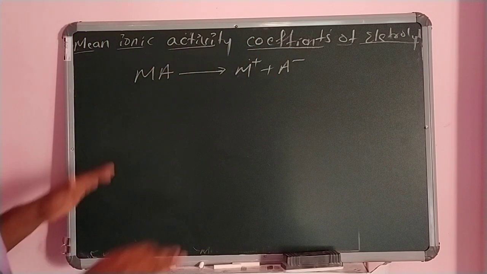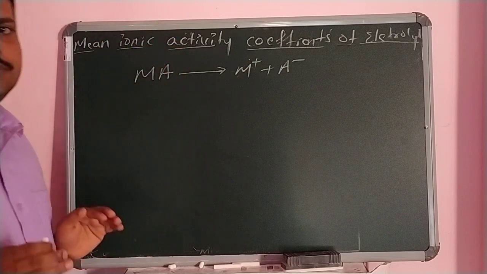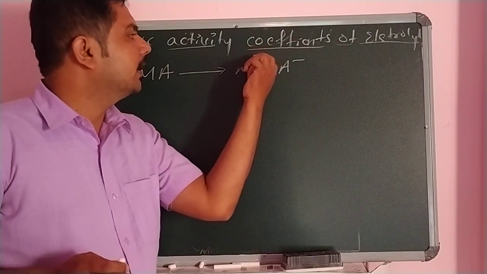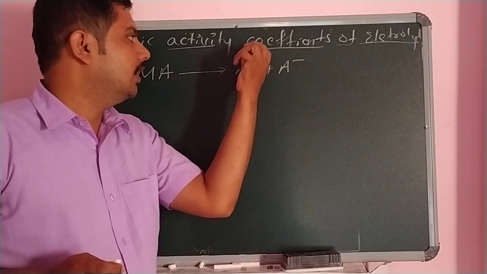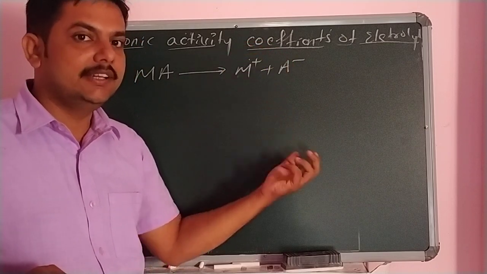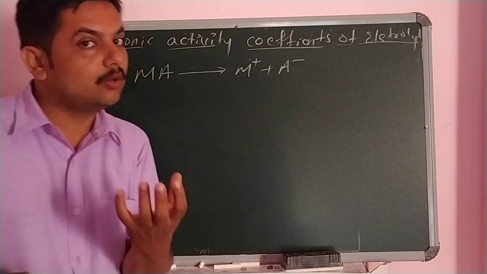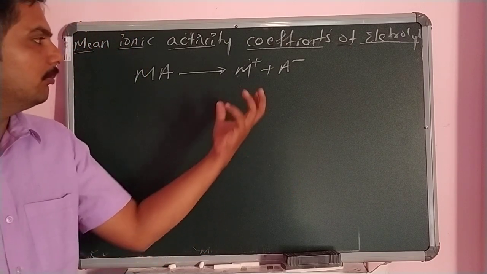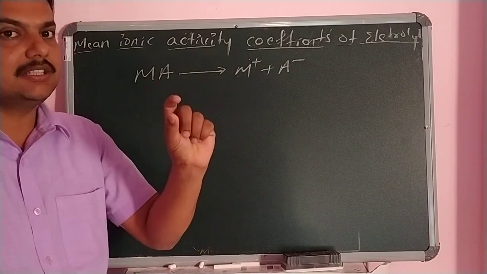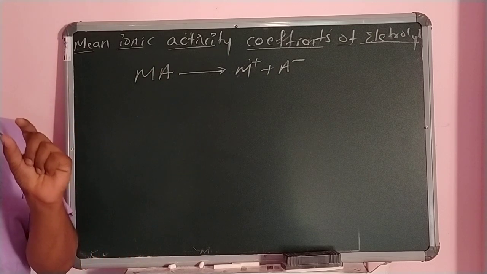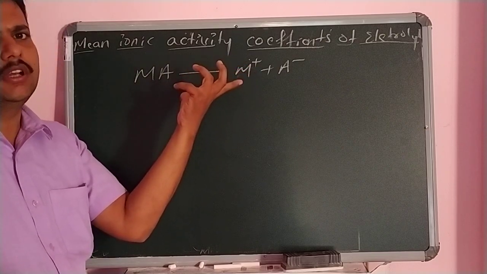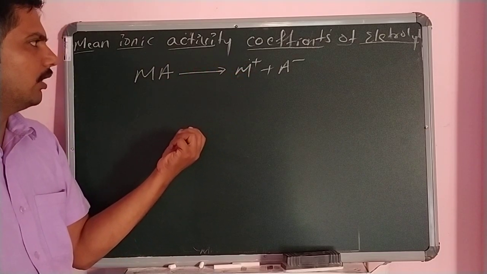It's always the same. The electrolyte becomes neutral. Otherwise, it is not neutral. The total number of negative charges and total number of positive charges is equal in an electrolyte, any type of electrolyte. The total electrolyte is a neutral one. The number of molecules or number of ions may change, but the charges will be the same. Positive and negative charges are the same. In a univalent electrolyte, the number of ions will also be the same.